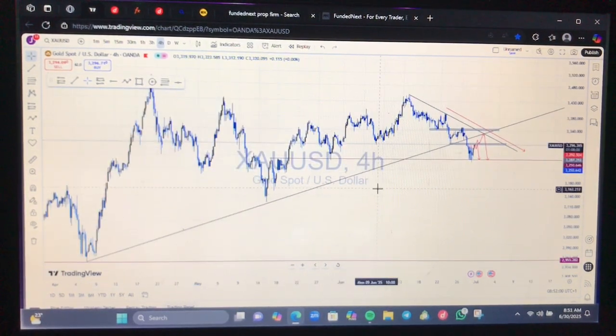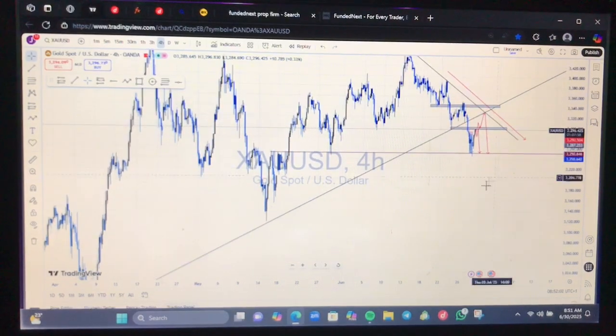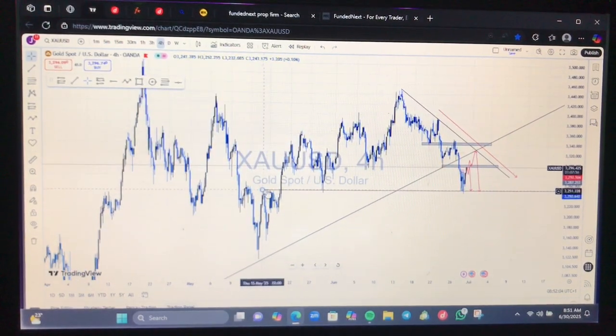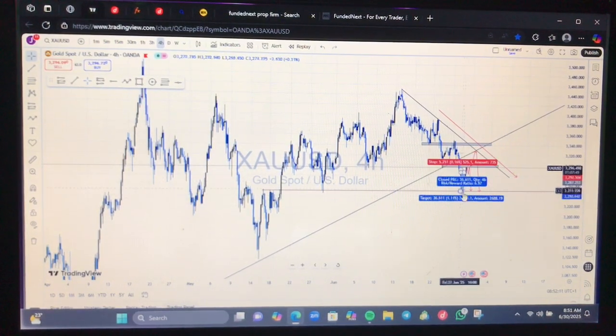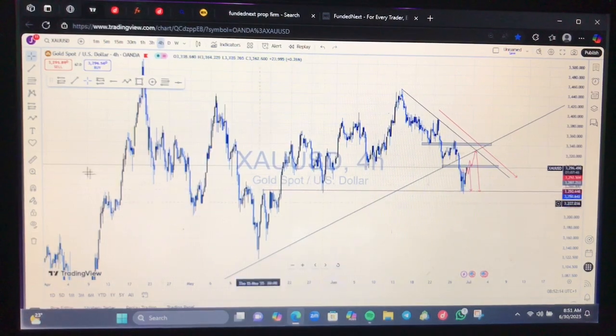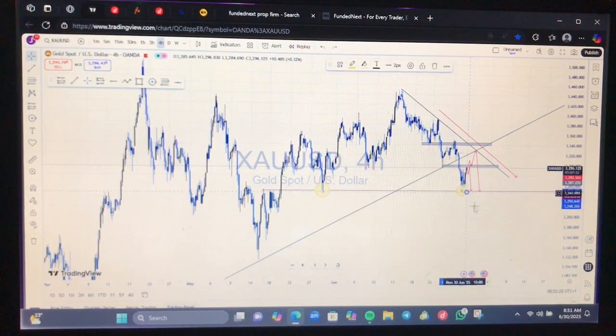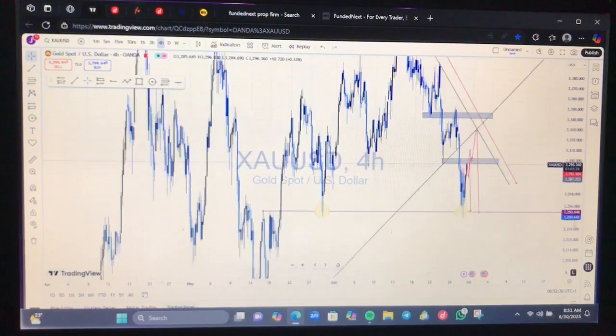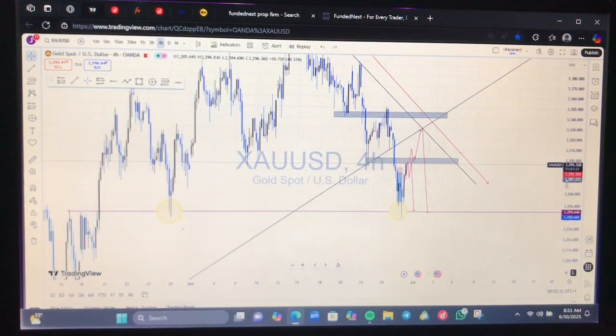But there's something that happened here from the higher time frame that I want you guys to take note of. This is a very valid zone here. As you can see, when price reversed back to this zone today, it rejected back up from this first rejection here. The same thing also happened from this particular point here. When price went to that same zone, it rejected back to the upside, and the same thing happened on this particular side too. So there's a possibility that we might decide to buy this market first before